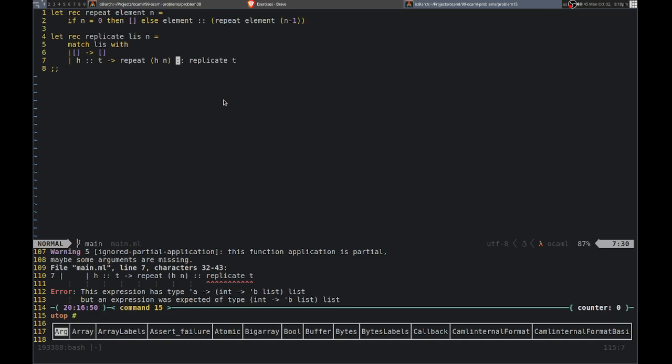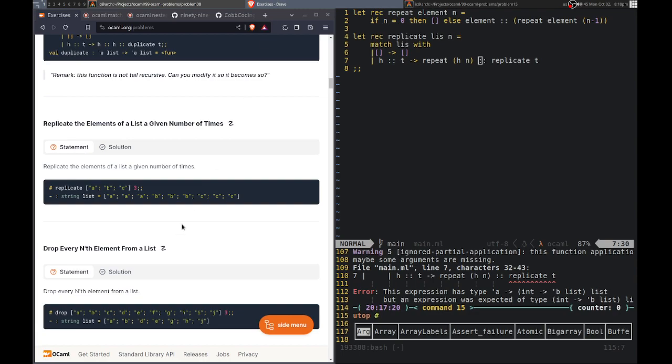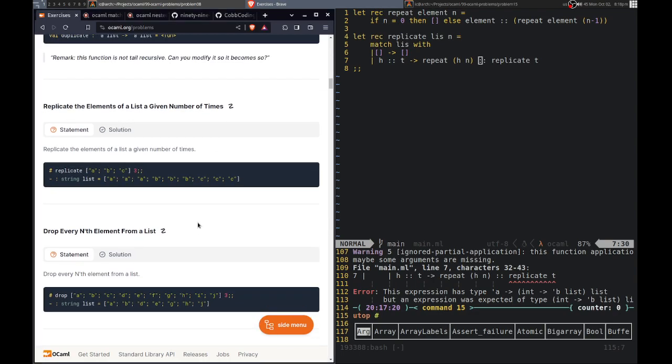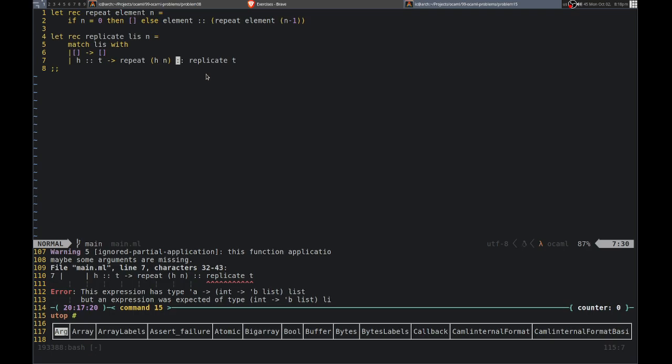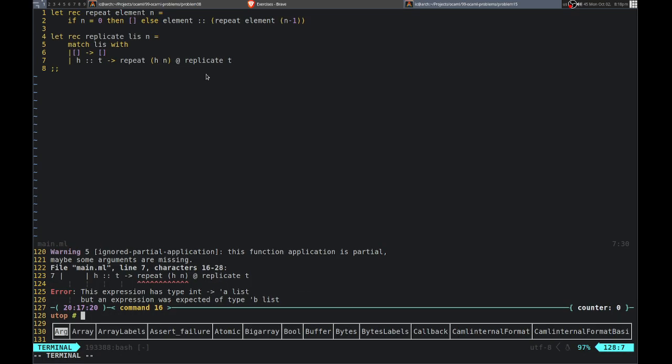So what's another way to go about doing this? Let's see. Yeah, that doesn't work. That appends to it, but